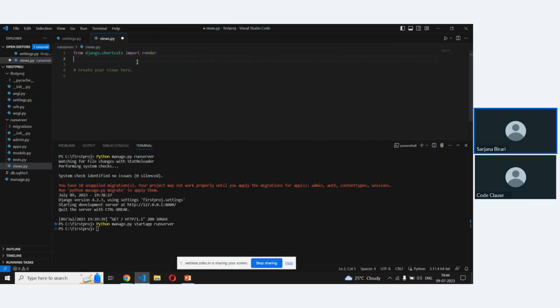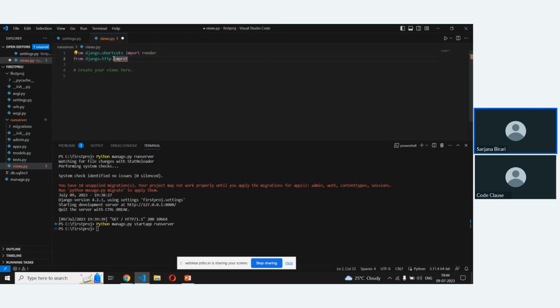Then to get any request or to give any response, you have to import a module. For that, enter django.http and hit import.